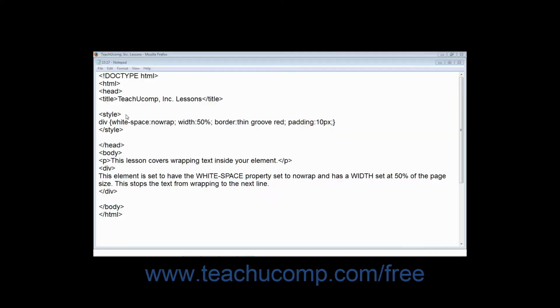The white-space property is used when you want to ensure text wraps in the element you are using. The default for any element is to automatically wrap text. The values for the white-space property are normal, which is the default, and nowrap, as one word, which disables wrapping inside the element. The only time you need to apply the white-space property is when you want to turn off text wrapping